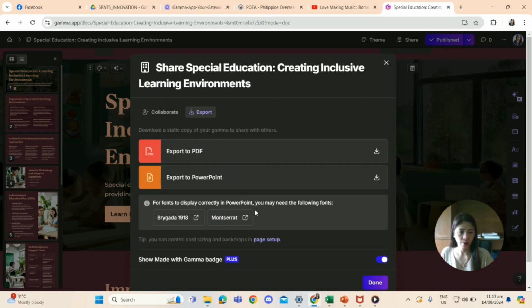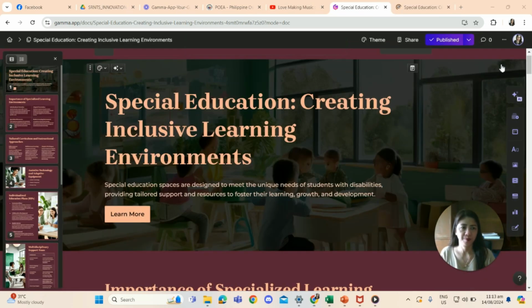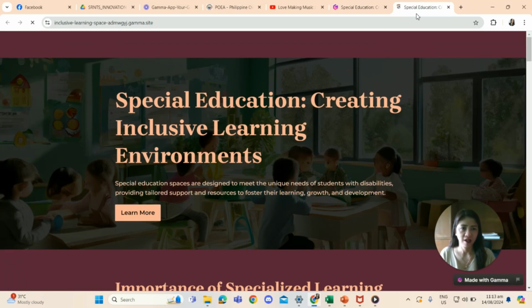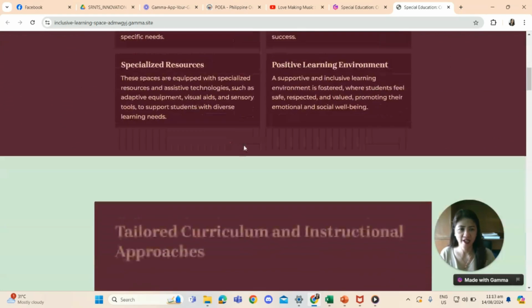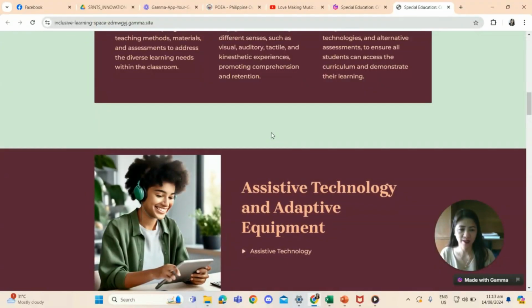Or even your website, you can still export it into PDF or PowerPoint format. Okay, once the website has been published, it looks like this. You see, now you can view your website. Of course, you cannot edit this one because you are not the administrator of the website. Okay, so that's it.